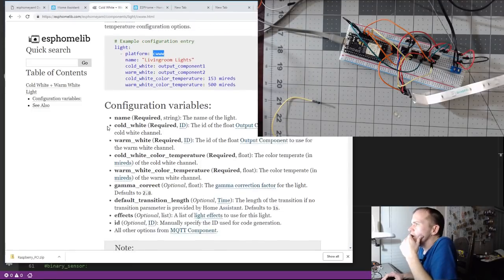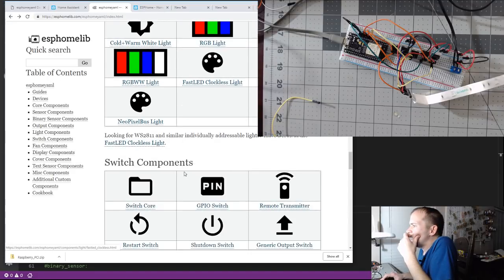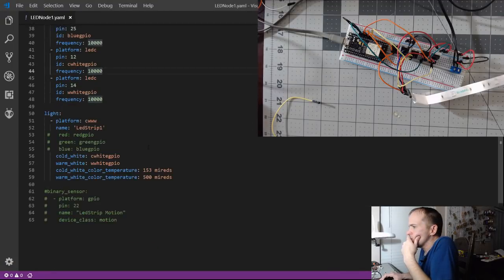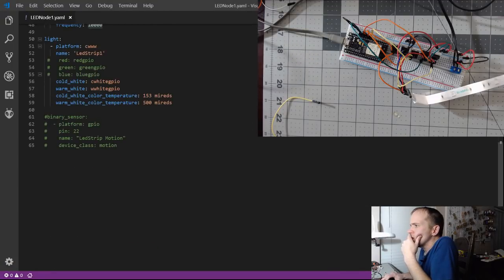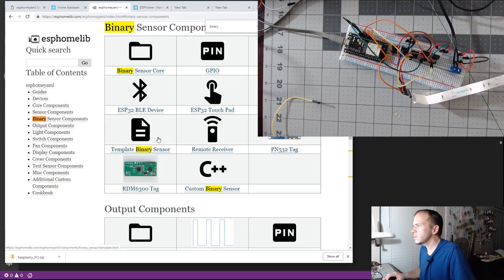So let's go back here to the binary. There was a binary input, and I had it in here, the binary sensor. Let's just do a search. Binary sensor components.